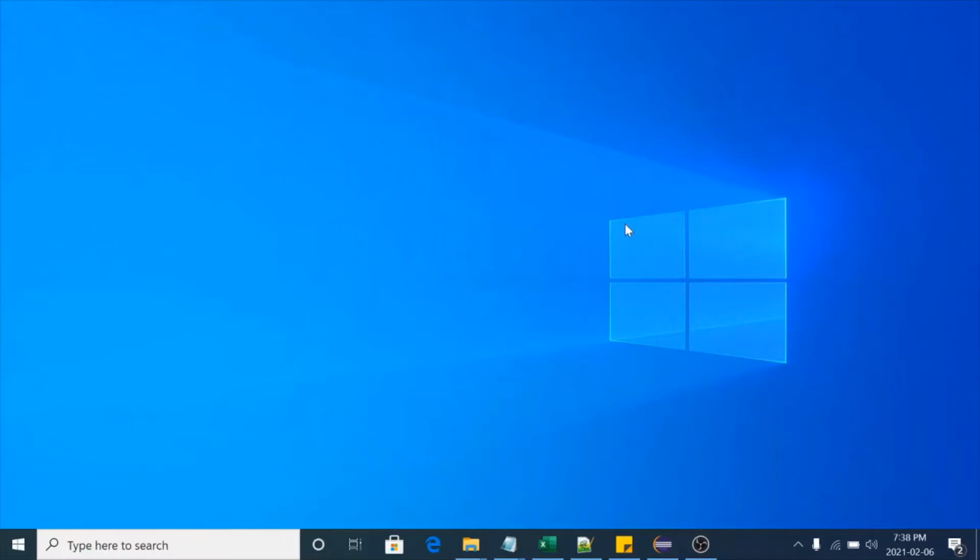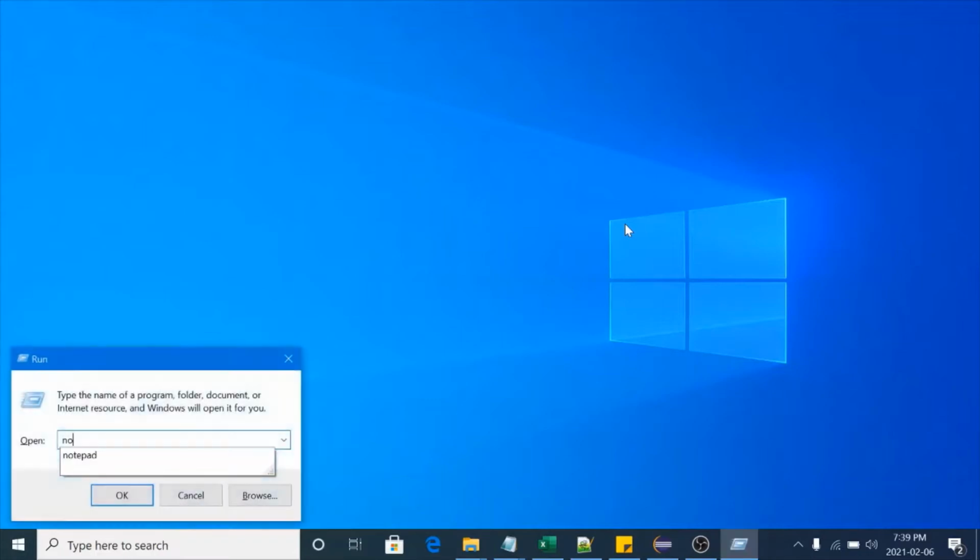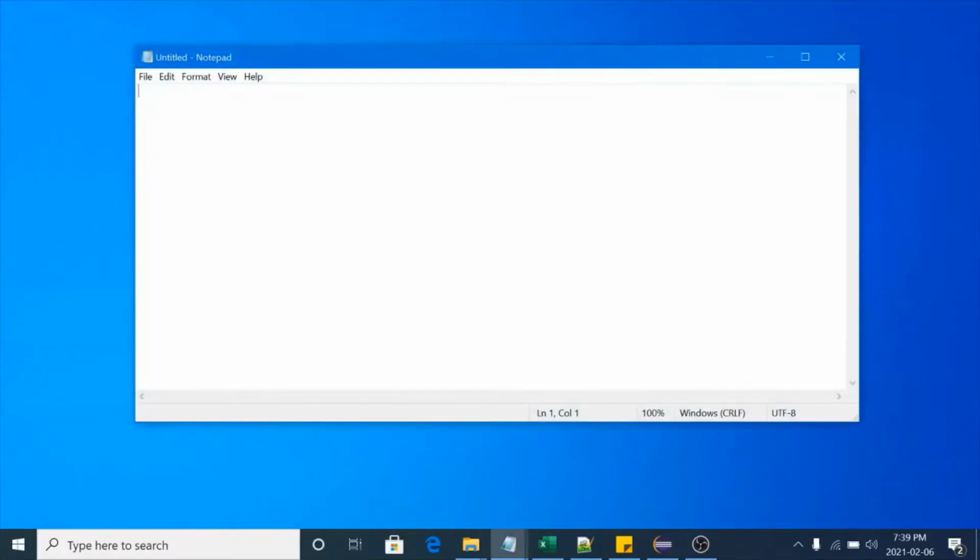Hi everyone. In today's session, we will discuss fluent wait in Selenium. What is a fluent wait and how to use fluent wait in Selenium. Till now, we have discussed waits in Selenium. Selenium has three types of wait. One is implicit wait, and second is explicit wait, and third is fluent wait. So we are done with the implicit wait and explicit wait, and we are ending with fluent wait.